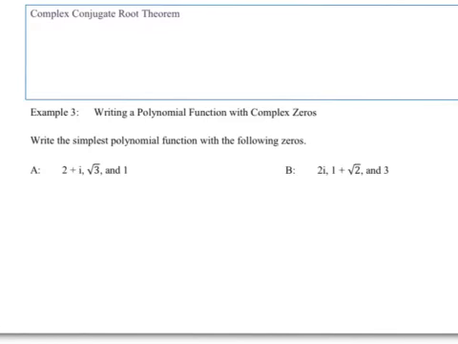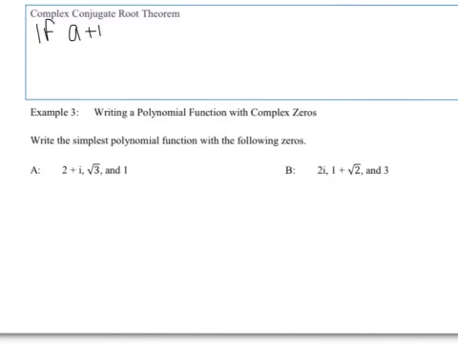Okay, to finish up chapter 3, lesson 6, we are going to do example 3. We will skip example 4 for now, the word problems on the next page. In order to do example 3, you have to use the complex conjugate root theorem, which states if